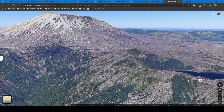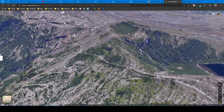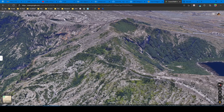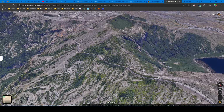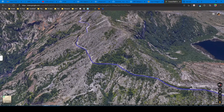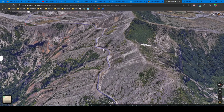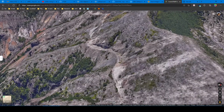Up at the top of the parking lot is another parking lot, and there's a gate right there. You can't drive on this. It is a road. Okay, and there's a little science station right here with some interesting detection devices there. And then runners run along here. There's a little bit of blue line. Run, walk, whatever. And along here. And if you're me, you come all the way over to this spot where it was shady,